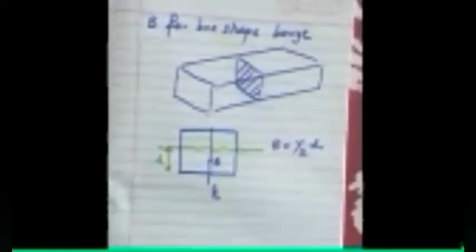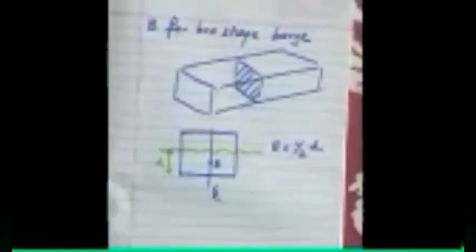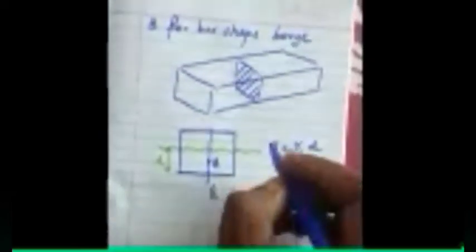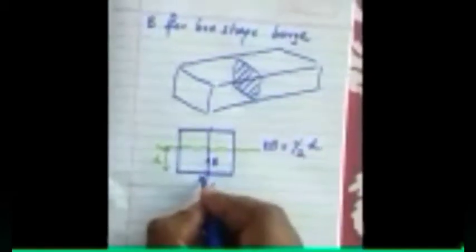Now, what I said initially in center of gravity also, there should be some reference lines. For example, when we did the problem, we showed KG, right? So for the center of buoyancy, we name it KB. What is KB? K stands for keel, so it is the distance from the keel to the center of buoyancy. Very simple. So the center of buoyancy for the box shape barge is half of the draft. Always remember this.